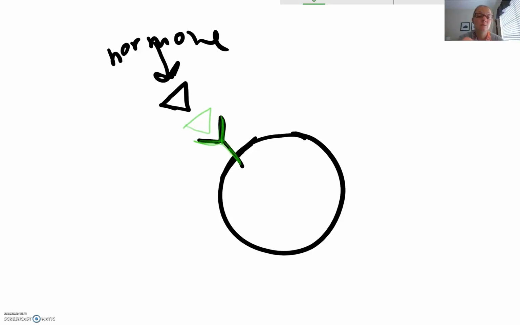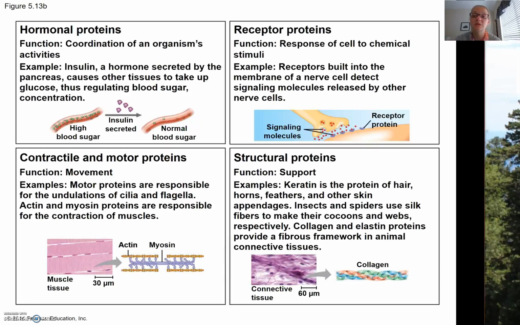And when that hormone binds to the receptor, it transmits a signal to the inside of the cell and tells the cell what to do. Maybe in this case, it will tell the cell to take up blood glucose, for example. Maybe it's a liver or muscle cell. So this hormone here can be a protein, but, I should have done this in purple, the receptor molecule that receives the signal molecule can also be a protein as well. So you essentially need both of those, right? Both the receptor protein in conjunction with the signaling molecule to get the message across. Okay,